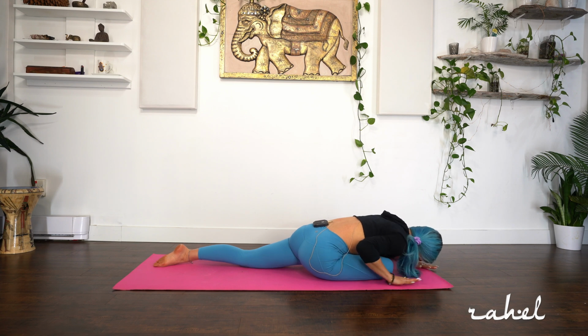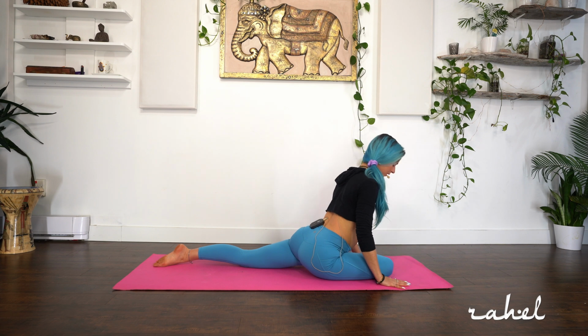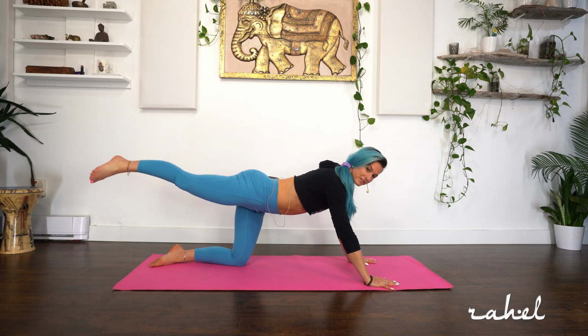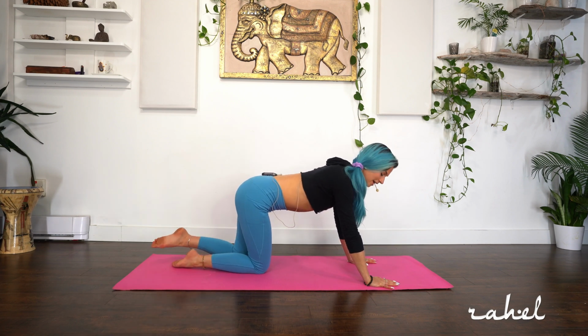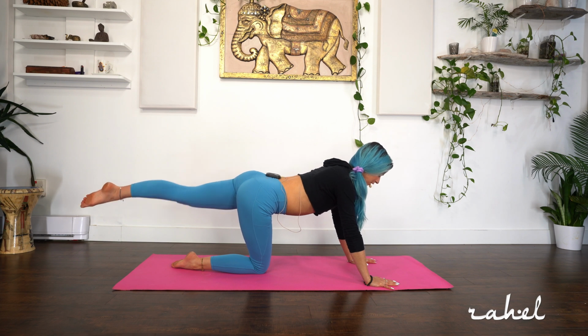If you're down, then taking your hands under the shoulders and gently pressing up to a straight spine. Pushing into your hands, contracting your belly, and floating the right leg back. You can extend it for a moment, give a little circle to release, and then lower it back down under the right hip. Extend the left leg behind you, reach through that hip socket, contract the belly, bring the knee